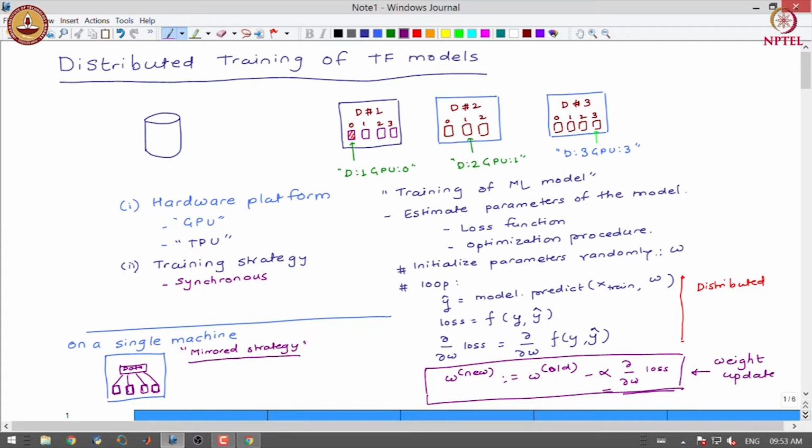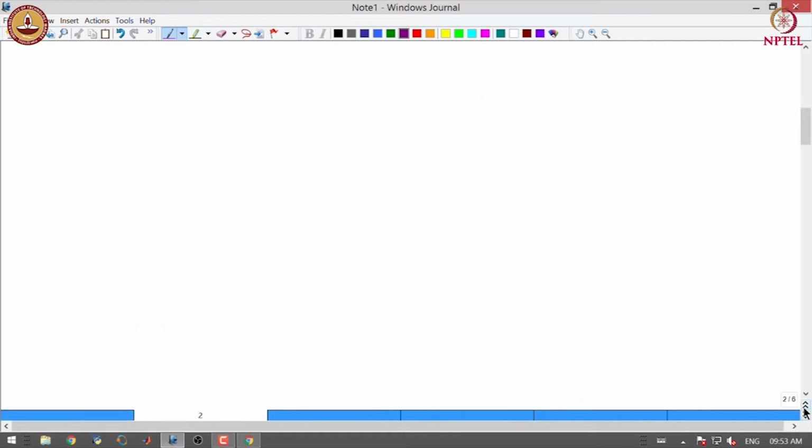So, if we generalize this to multiple machines, exactly the same strategy, it is called as multi-worker mirrored strategy. So, in multi-worker mirrored strategy, what we do is, let us say these are different machines that we have.